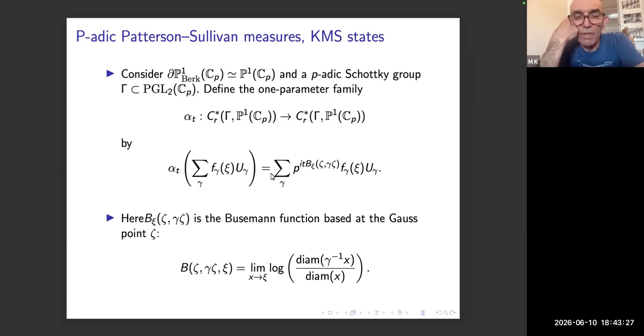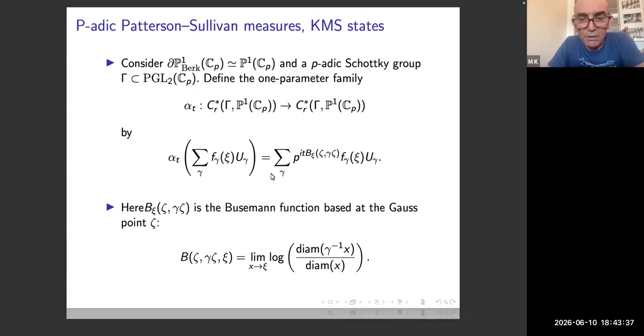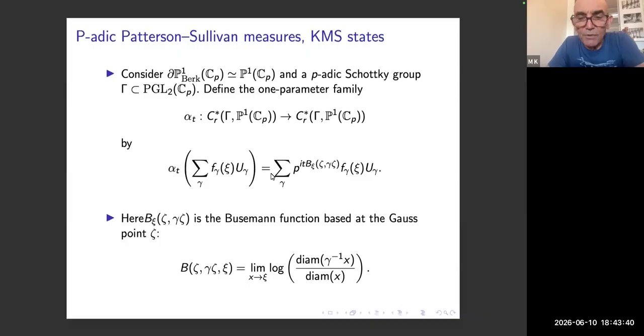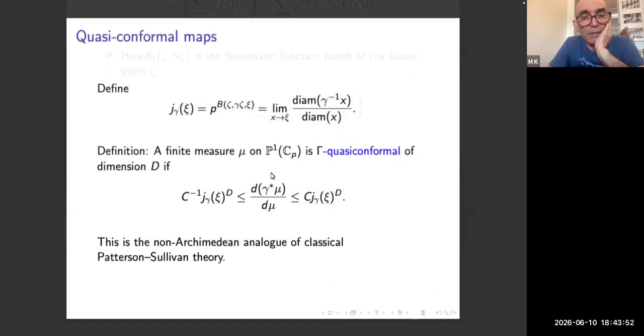So this Busemann cocycle, when they are based on a Gauss point, there's a rather different looking definition in terms of the log of the quotient of diameters of the orbit points and the base point. And so now you see this is a one-parameter group of automorphisms. And what we need is